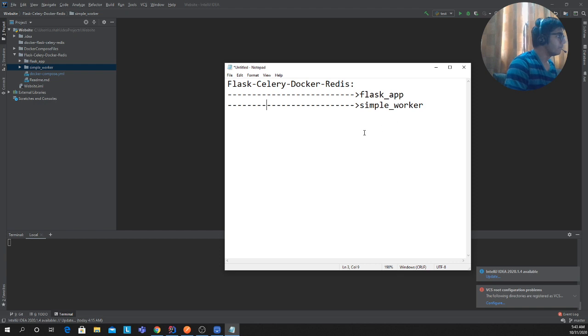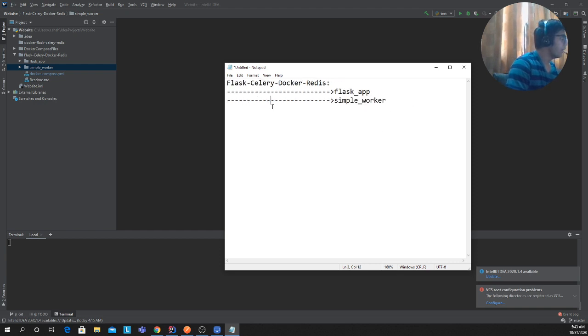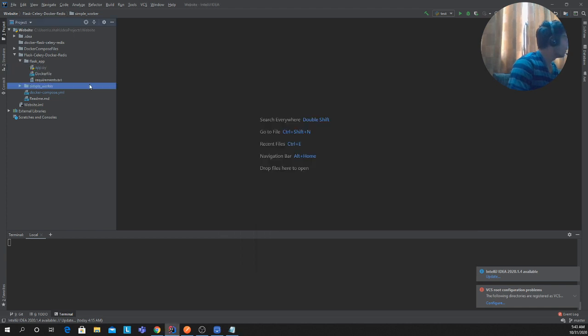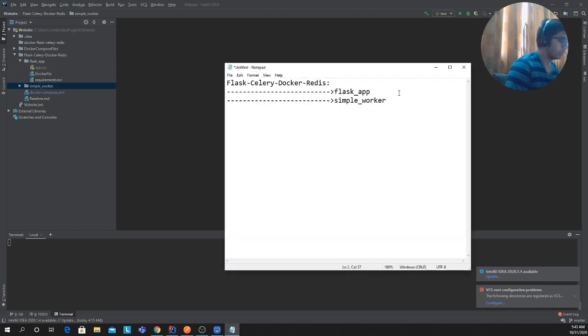Now, as I said, the Flask app is further divided. If you open that up, it has an app, a Dockerfile, and a requirements.txt. I'm not sure if I can draw that correctly though.